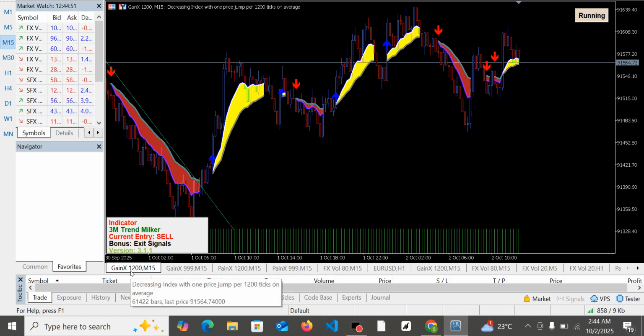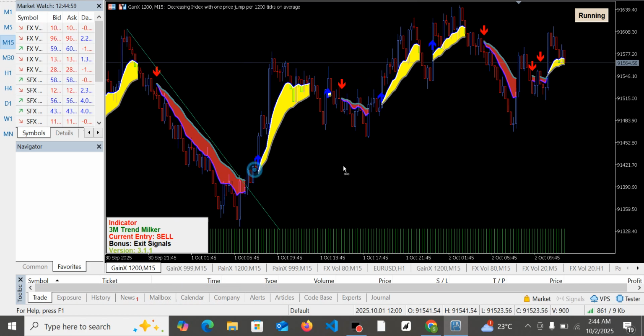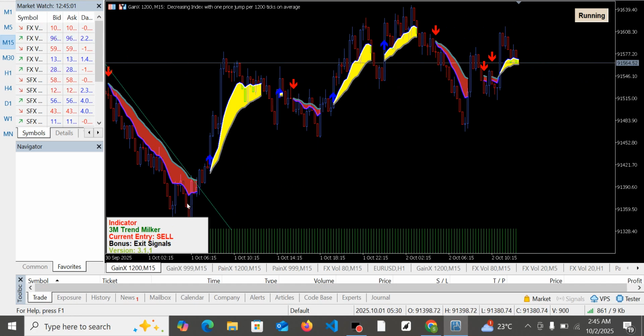This is Ganex 1200 right now on 15 minutes time frame. This actually started an uptrend right from here. It got to this support zone. As you can see, it was selling before, got to the support zone, and bought till it got to the resistance zone, had the pullback, went back up to break out above that resistance zone to get to this region. Okay, right now it has gotten to another resistance zone. It has not been able to break out above it,